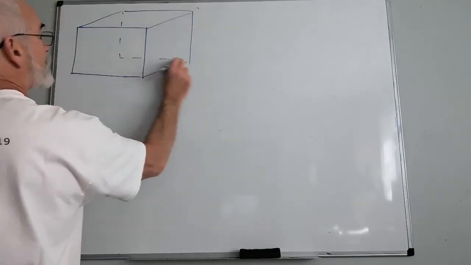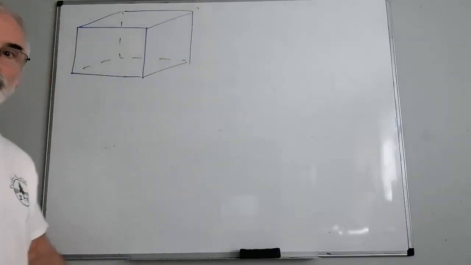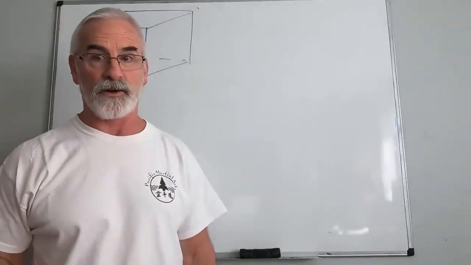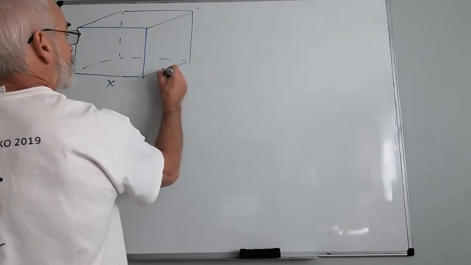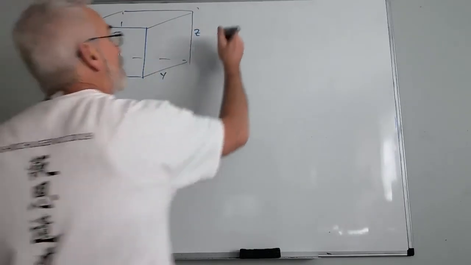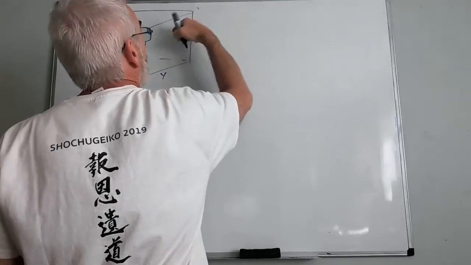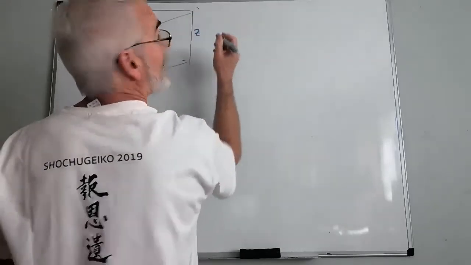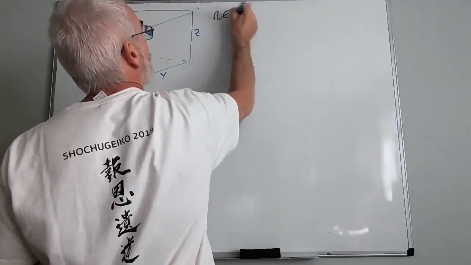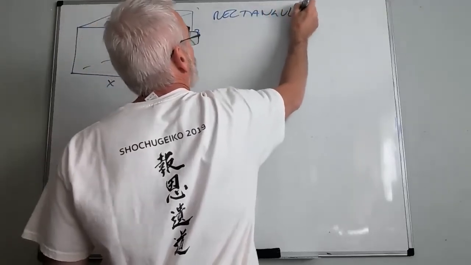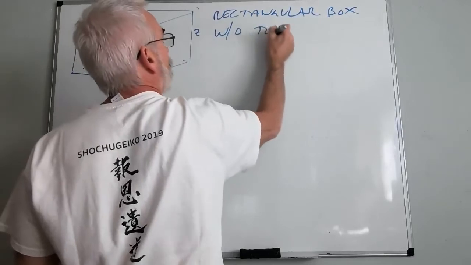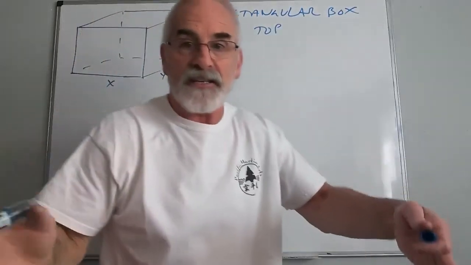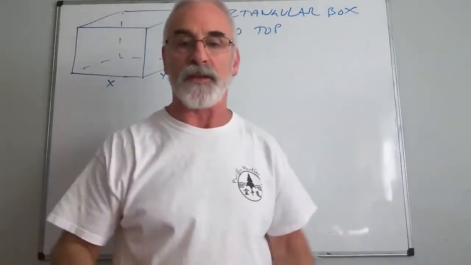And if you look at all the boxes you have around the house, your boxes are rectangular in general, not square in general. So I have a box. Let's say that side is X, that side is Y, and that side is Z. So this is technically a rectangular prism, okay? So you have a rectangular box without a top. I just want an open box. It's a container that I want to be able to move stuff in,